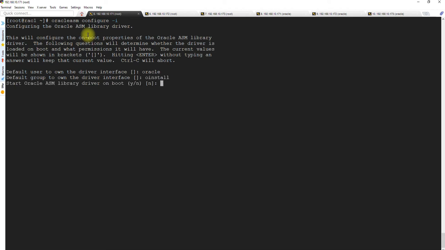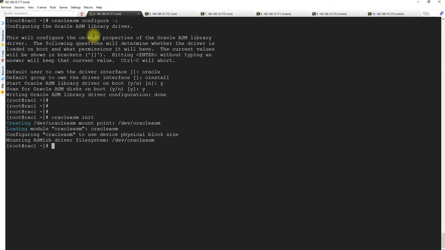We need to make sure these drivers are available after the boot. Otherwise the databases will not come up, as this ASM storage will be a shared storage used for storing the data files. So this is done. Then you have to say oracleasm init. This is done.